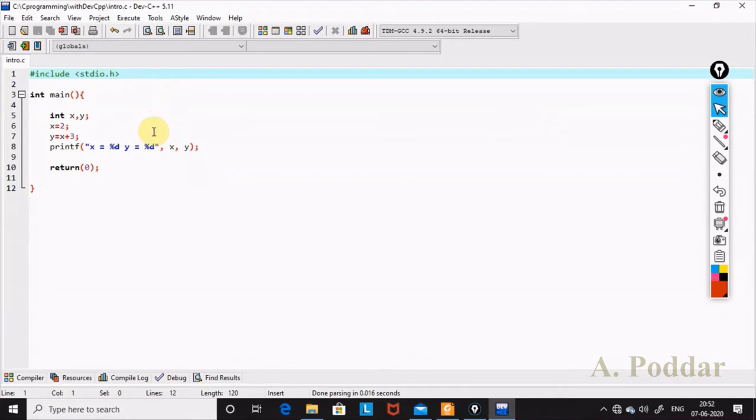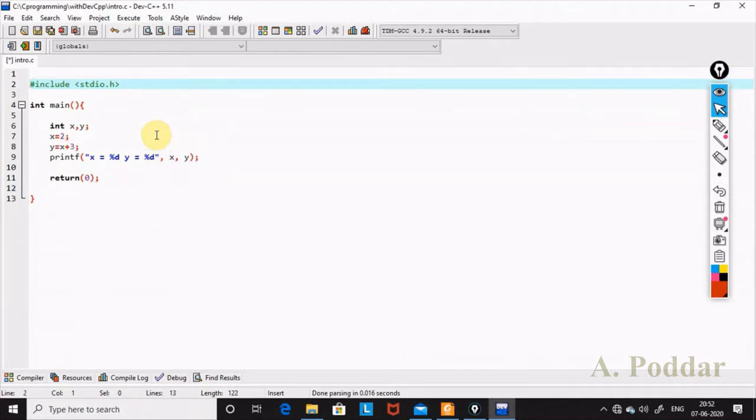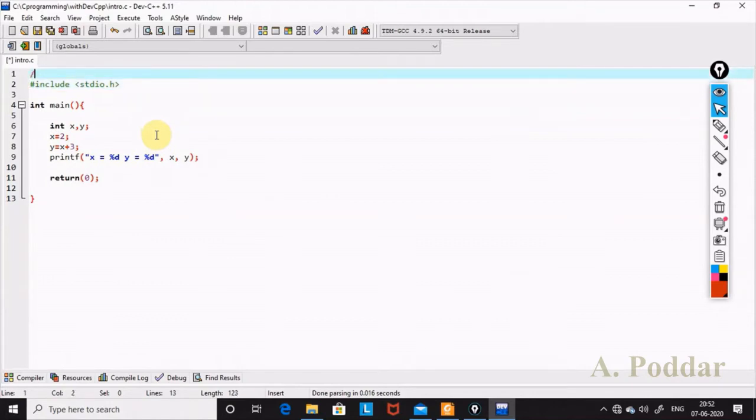Let us now say a few words about comments in C. Now, what are comments in C? Let's give an example. As you see, I have written this sentence, this is a test program, and preceded it with two slashes, a double slash at the very top of the program.